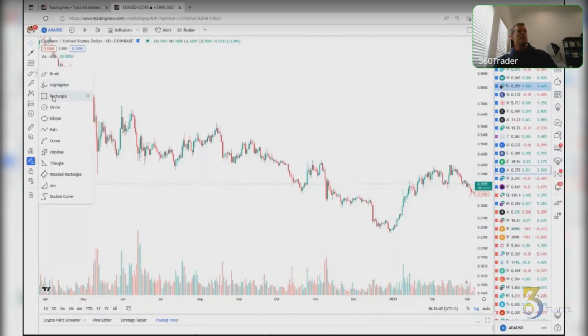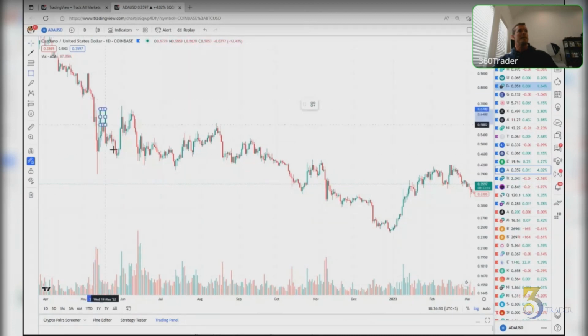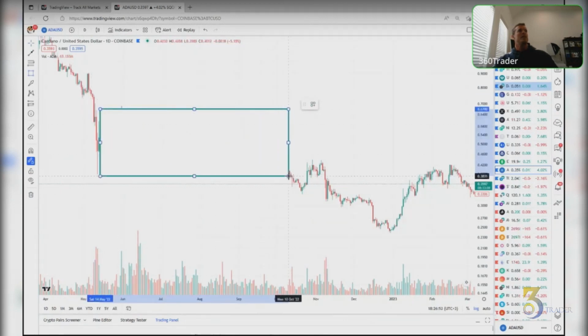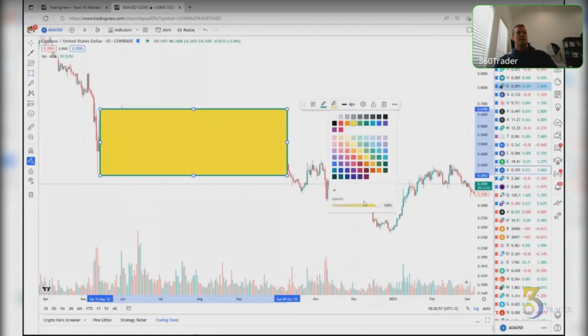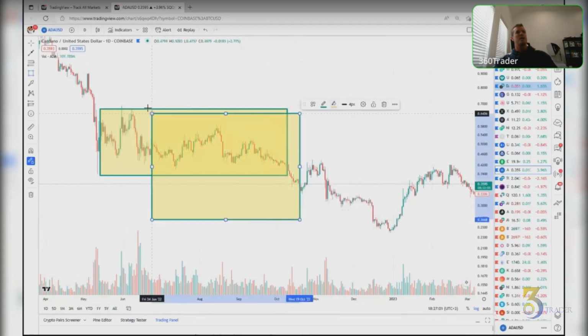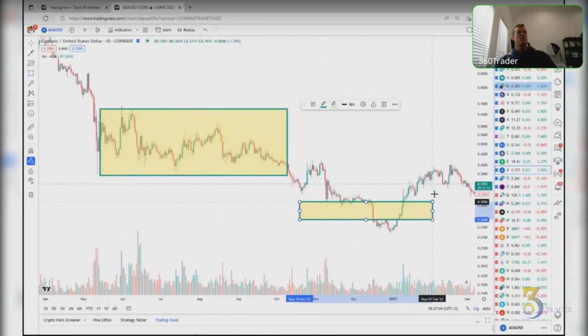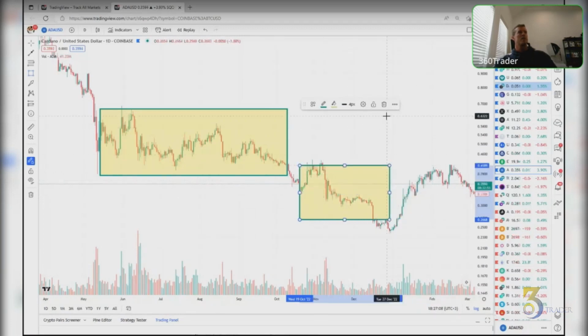This I do use. This is where you get that rectangle from. And again, it's kind of like that channel. And I'll draw that. But here I've got to mess with it. Once you get used to one tool, you're going to understand them all. So this is a way to draw horizontal boxes, rectangular boxes, so on and so forth. Awesome, awesome, awesome tool. And I use this a lot to show you.